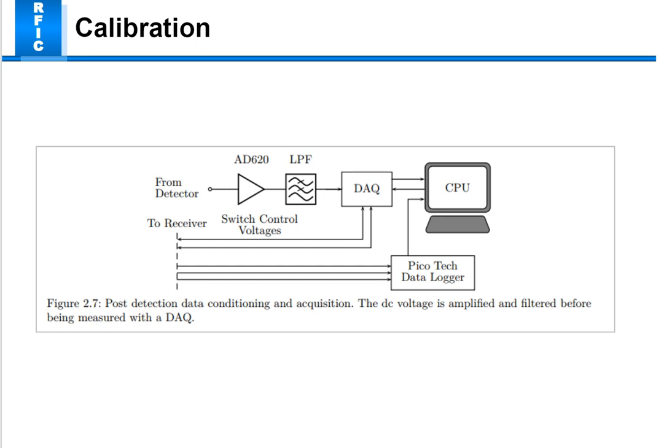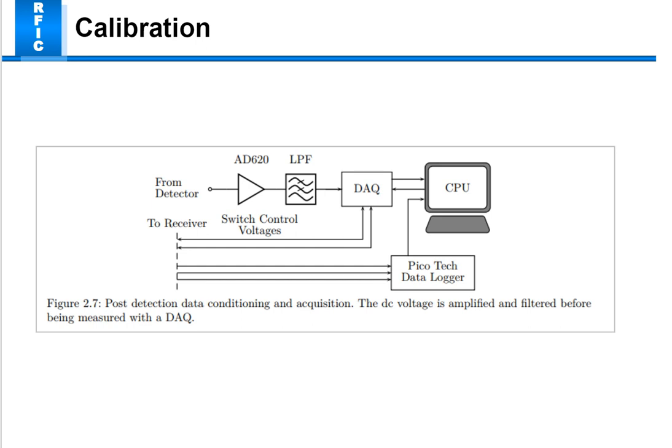Now as you can see, this is the calibration, the post detection data condition and equation. The DC volt is applied and filtered before being measured with DAQ. In this there is a two load radiometer. Calibration is performed continuously by regularly switching the receiver between the antenna and the two loads, as you can see,